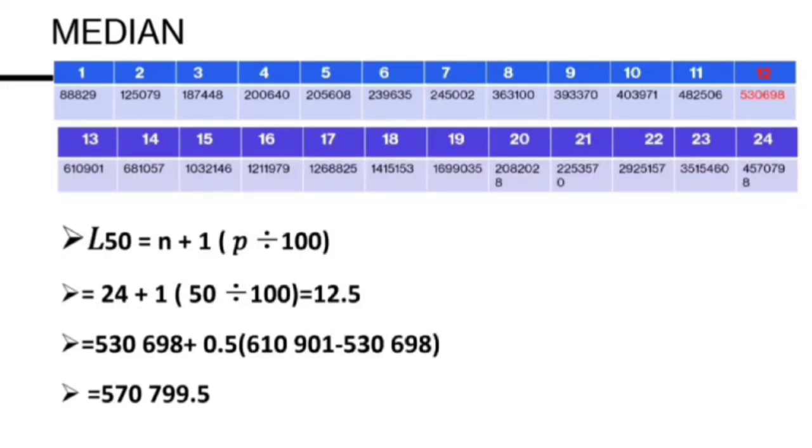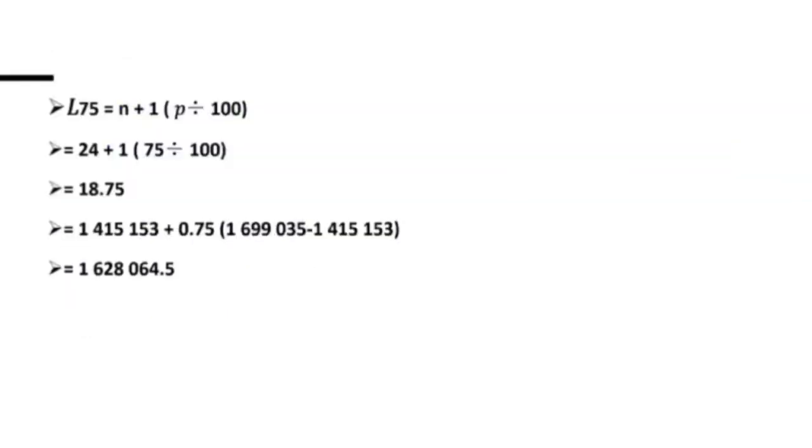For the median, I am using the 50th percentile. When I calculate 24 plus 1 multiplied by 50 divided by 100, I get 12.5, meaning the median is located 0.5 of the distance between the 12th and 13th observation. So when I calculate, I get the median is 570,799.5. Using the 75th percentile to find the third quartile, which means 24 plus 1 multiplied by 75 divided by 100, I can get